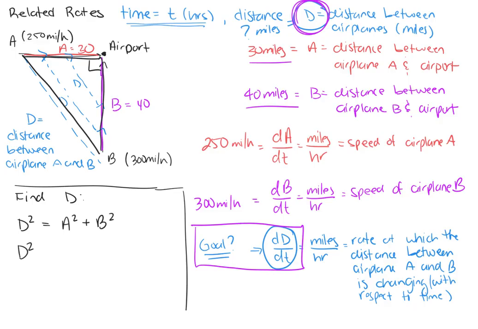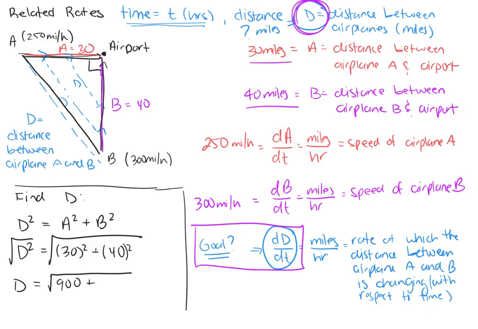So then D squared is equal to 30 squared plus 40 squared. And then I'm going to go ahead and take the square root of both sides so that I can figure out what D is, not D squared, but D. And so D is equal to the square root of 30 squared, which is 900, plus 40 squared, which is 1600, and then the square root of